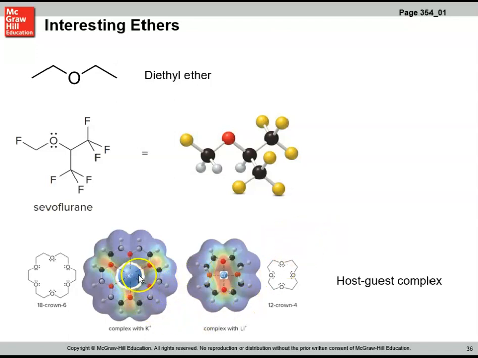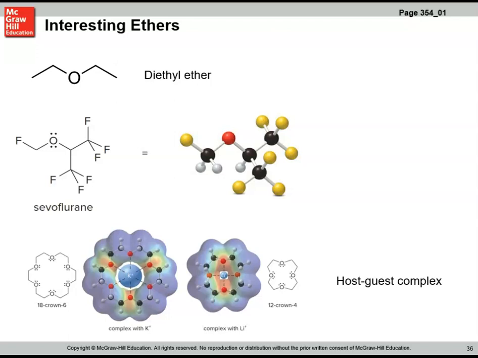You'll notice that they like to interact with positive ions. So this is a potassium, this is a lithium ion. Notice that they're positively charged groups that get associated. What does that mean? Well, it means that usually if there's a positively charged ion in solution, there's a negatively charged ion in solution. That means that we can use these crown host-guest complexes to isolate positive charge